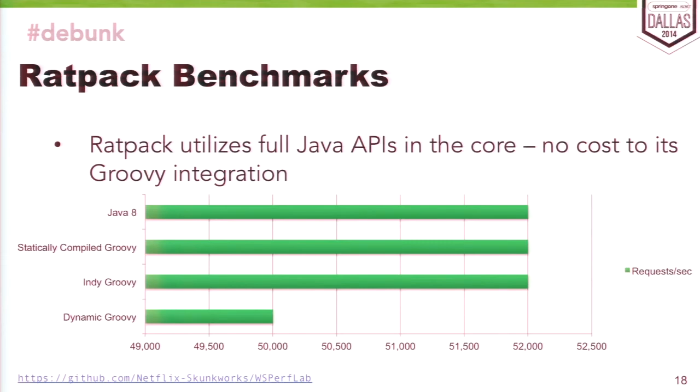jumping around and grabbing different call sites for different reasons, right? So the language and the framework of the language slows us down a little bit. And maybe in practice, that 2,000 requests per second actually costs you some business. So our preferred recommendation, as I said earlier, is to use invoke dynamic. So Groovy Indy is a preferred way.